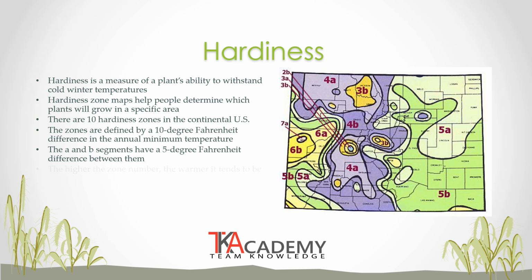Areas with warmer winters have higher zone numbers, and areas with colder winters have lower zone numbers. If plant selection is made that matches the hardiness zone, the plant should be strong enough to survive the winter temperatures in an area. Colorado is known for its diverse climate and unique geography, which results in a wide range of plant hardiness zones. The state is divided into plant hardiness zones 3A to 7A, each characterized by different temperature and climatic conditions. However, there are exceptions for the microclimate of a site.